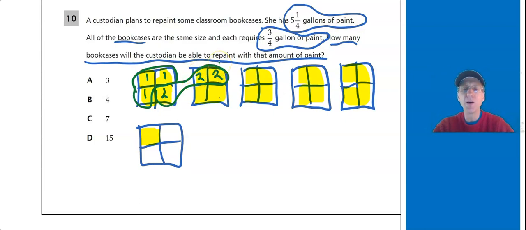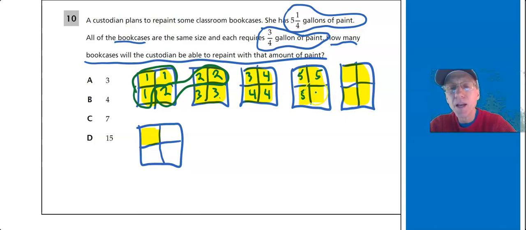This is just one way to do it. However you want to figure out how to account for the 3/4, you can be really creative with this. But that's what these numbers are standing for. So this is used for my second bookcase. So now I'm going to use the next 3 for my third bookcase, the next 3 for my fourth bookcase, the next 3 for my fifth bookcase. Okay, my sixth bookcase I use a quarter, I'm using 3/4, and my seventh bookcase. So I haven't done anything fancy here. All I've done is just draw a picture, and that's math, and I've got my answer.